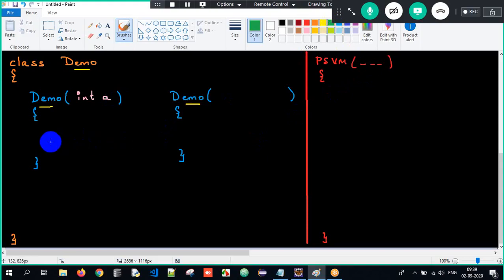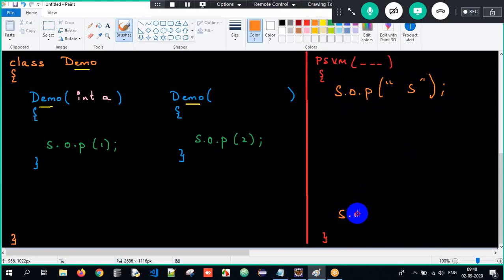Now here I will just print System.out.println, the output as 1. Now the second println, the output as 2. That's it, guys. Sir, common sense, whenever you create an object, that is when the constructor will get called here. For my understanding, I will write start at the beginning, and at the last, I will write end. Start and end. Now, apply common sense and tell me, if I write Demo d equals new Demo of